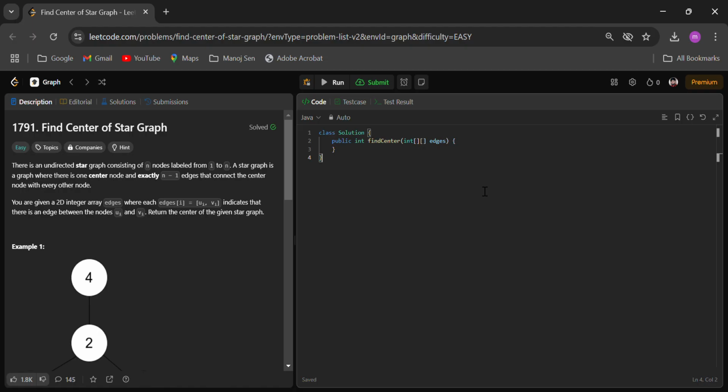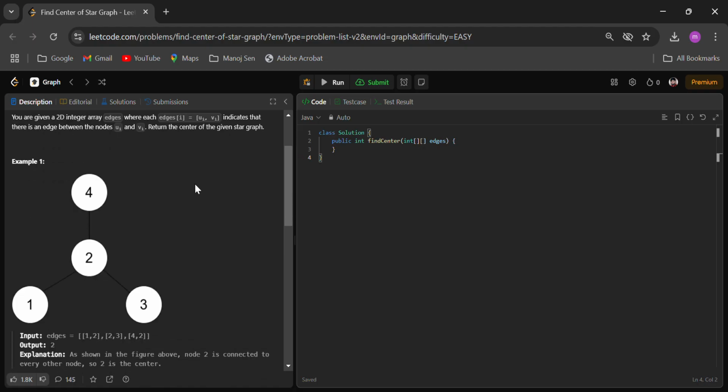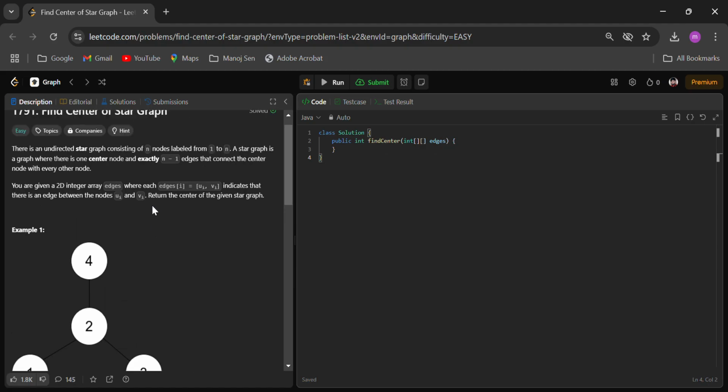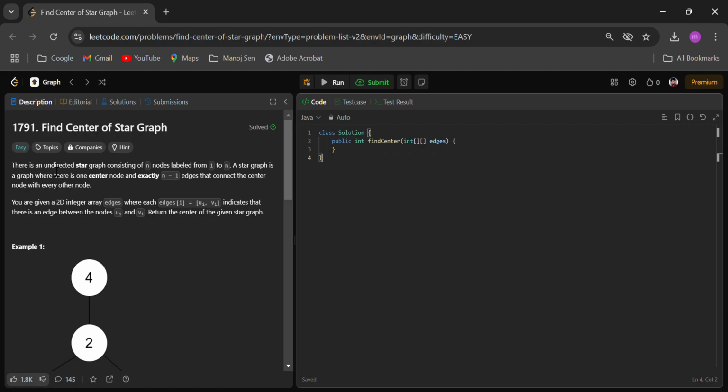Okay, so a star graph is a graph where every node is connected to its central node. Let's say for this example here, 2 is the central node. Here you can see the connectivity between 4 and 2, 2 and 3, and 2 and 1. Okay, so this is a star graph. So the condition is, in a star graph the center is connected to everyone. Here in the problem they said they have an undirected star graph, which means once we find out the root,